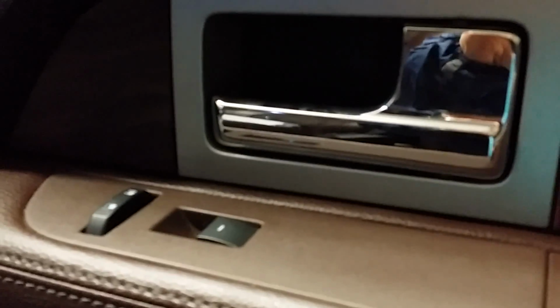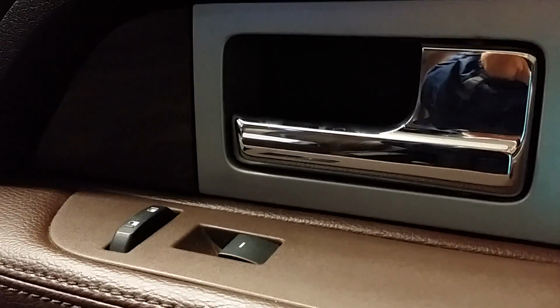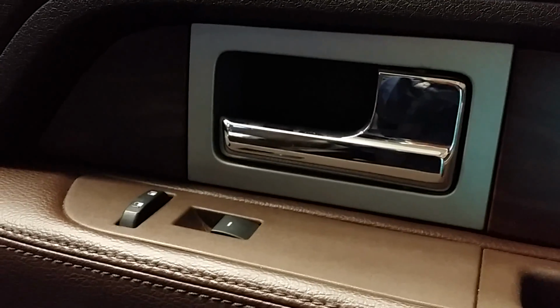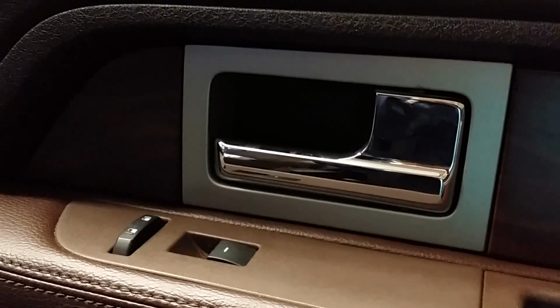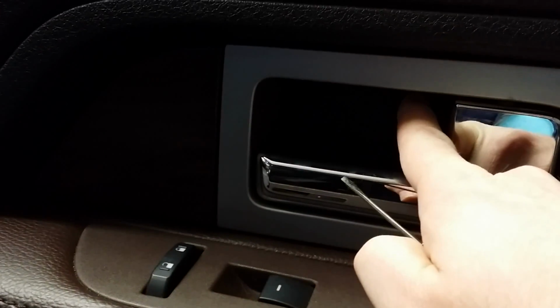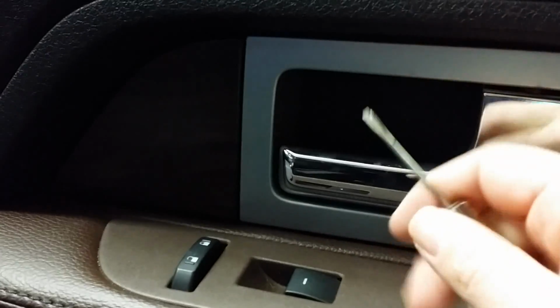We will now continue the install as if you are installing the running light LED strip. Running power to your mirrors for the running light LED strip kit will require the removal of your door panel and the removal of your mirror. It sounds like a daunting task, but there's really only a few steps involved. Firstly, popping out this back panel here behind the door plate using a flathead screwdriver, applying pressure down, and removing the